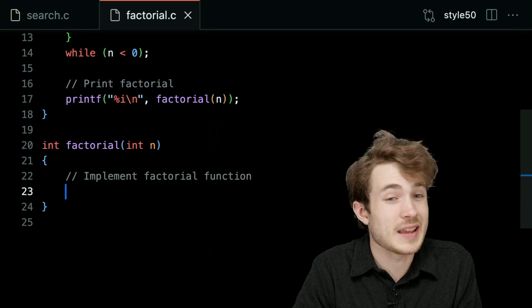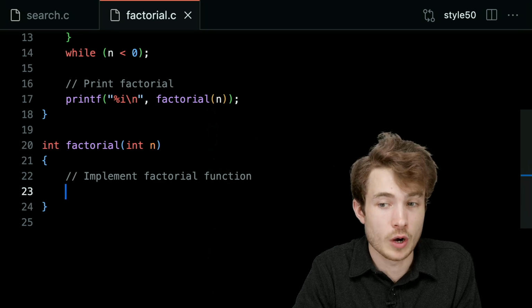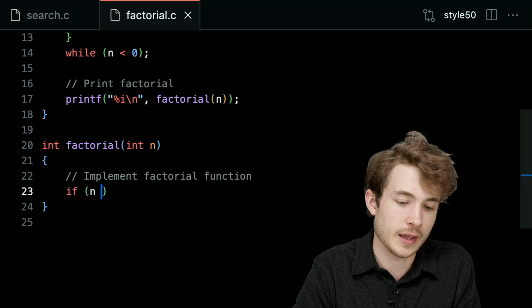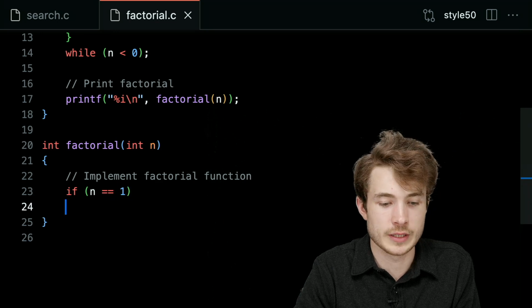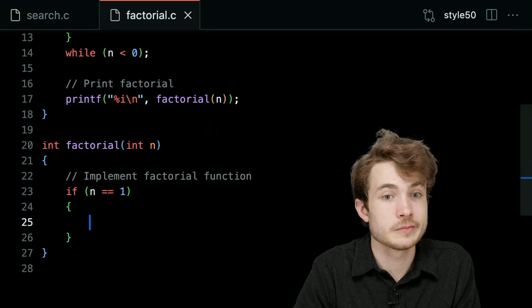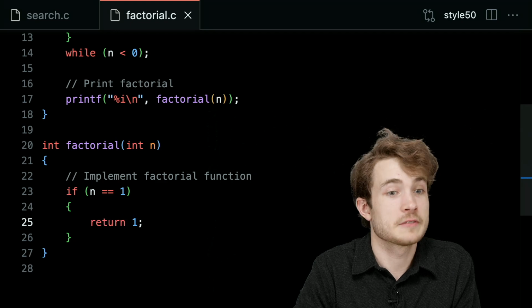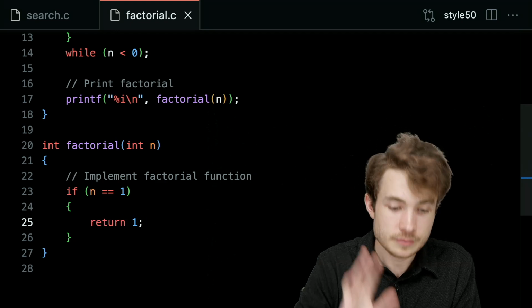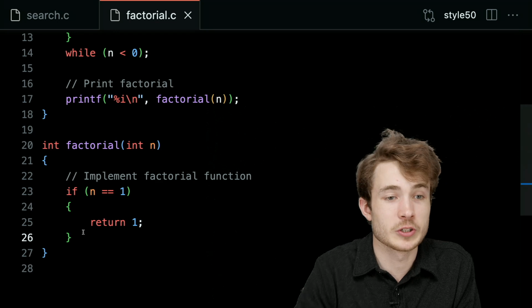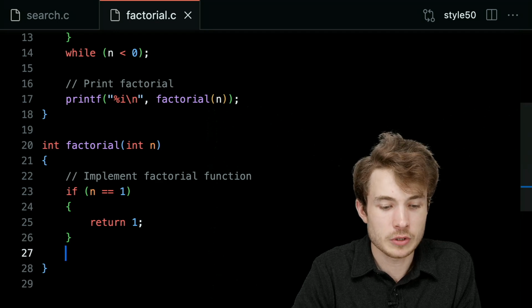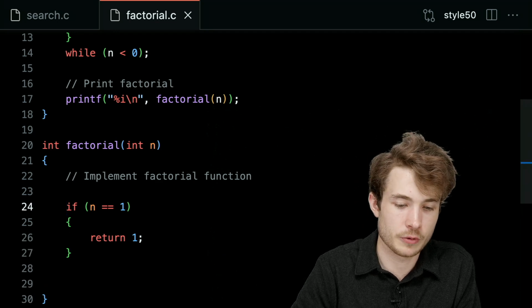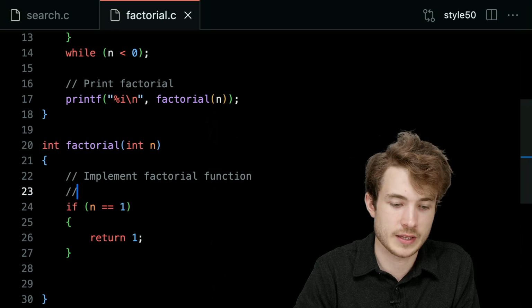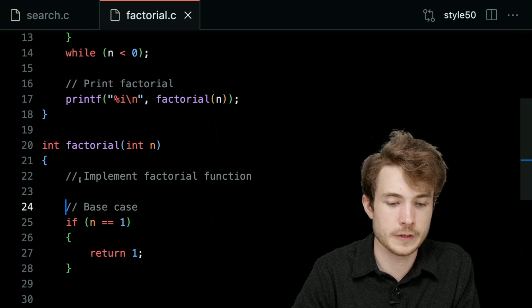We know the answer to if n is 1. So I could say, if n equals 1, like this, what do I return? Well, I just return 1. It's a very simple solution, right? If n is 1, return 1.